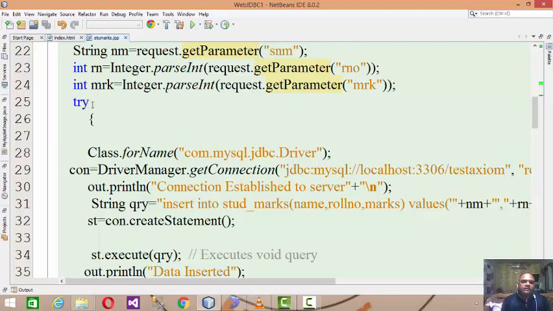You can refer back to that code to see how to establish the connectivity, how to develop the statement and execute the queries with the help of the statement, and then how to hold the results. But now everything we are discussing refers to the web application. So let us go for execution first, so that you will understand what I am trying to do, and then I'll explain the code to you.